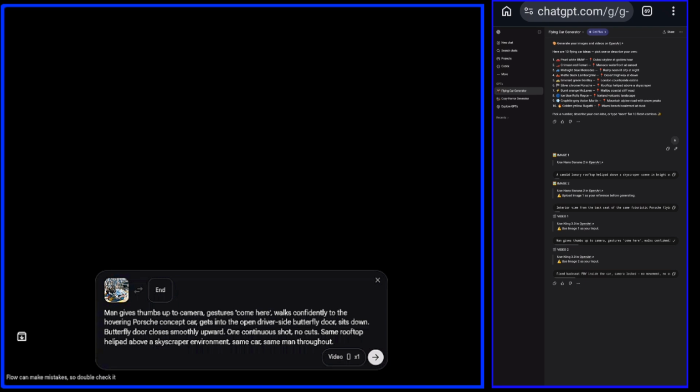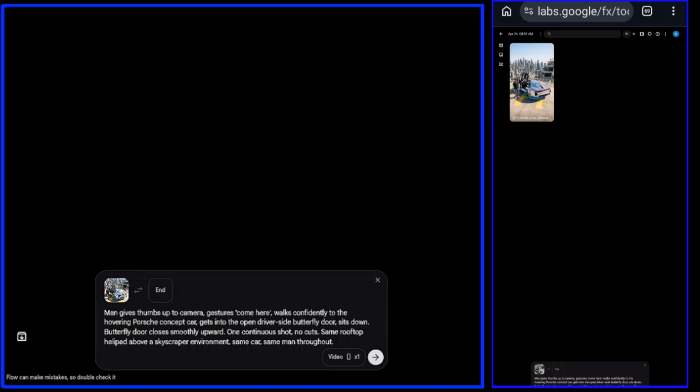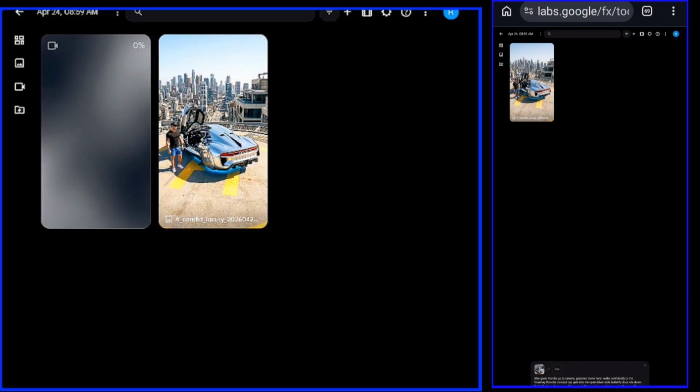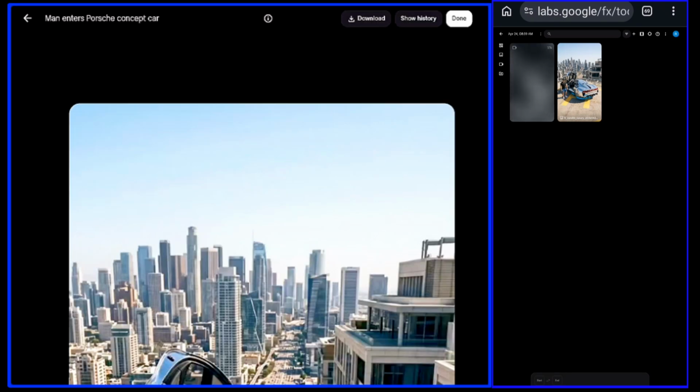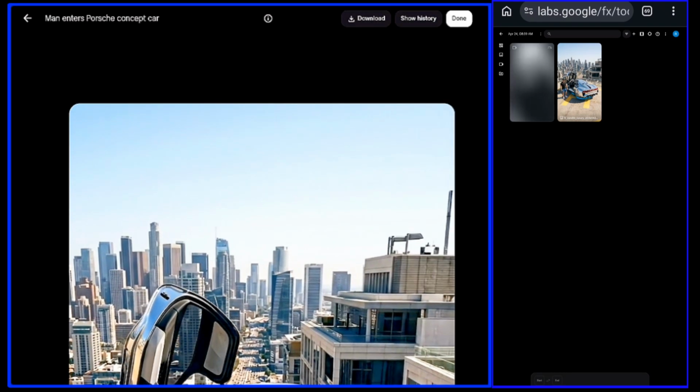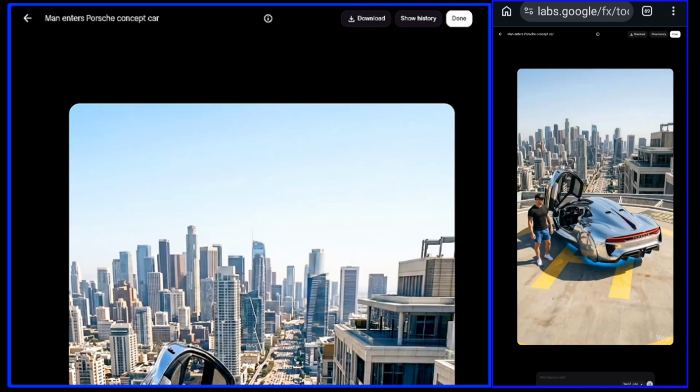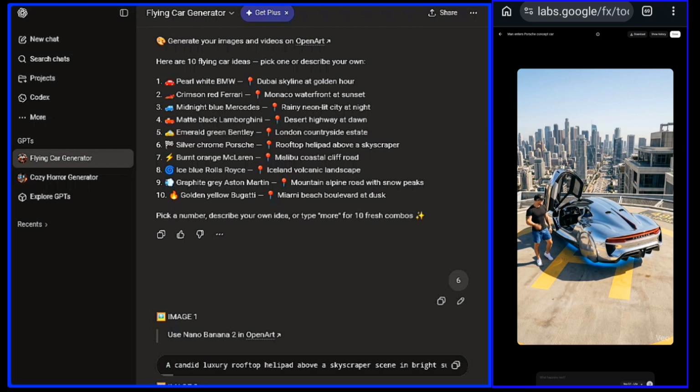Copy the corresponding video prompt from ChatGPT, paste it in, and click Generate. Wait a bit, and your video will be ready. Then, click the download icon and download it in high resolution. The final video will be saved to your device and will be ready to upload to platforms like YouTube, Instagram,